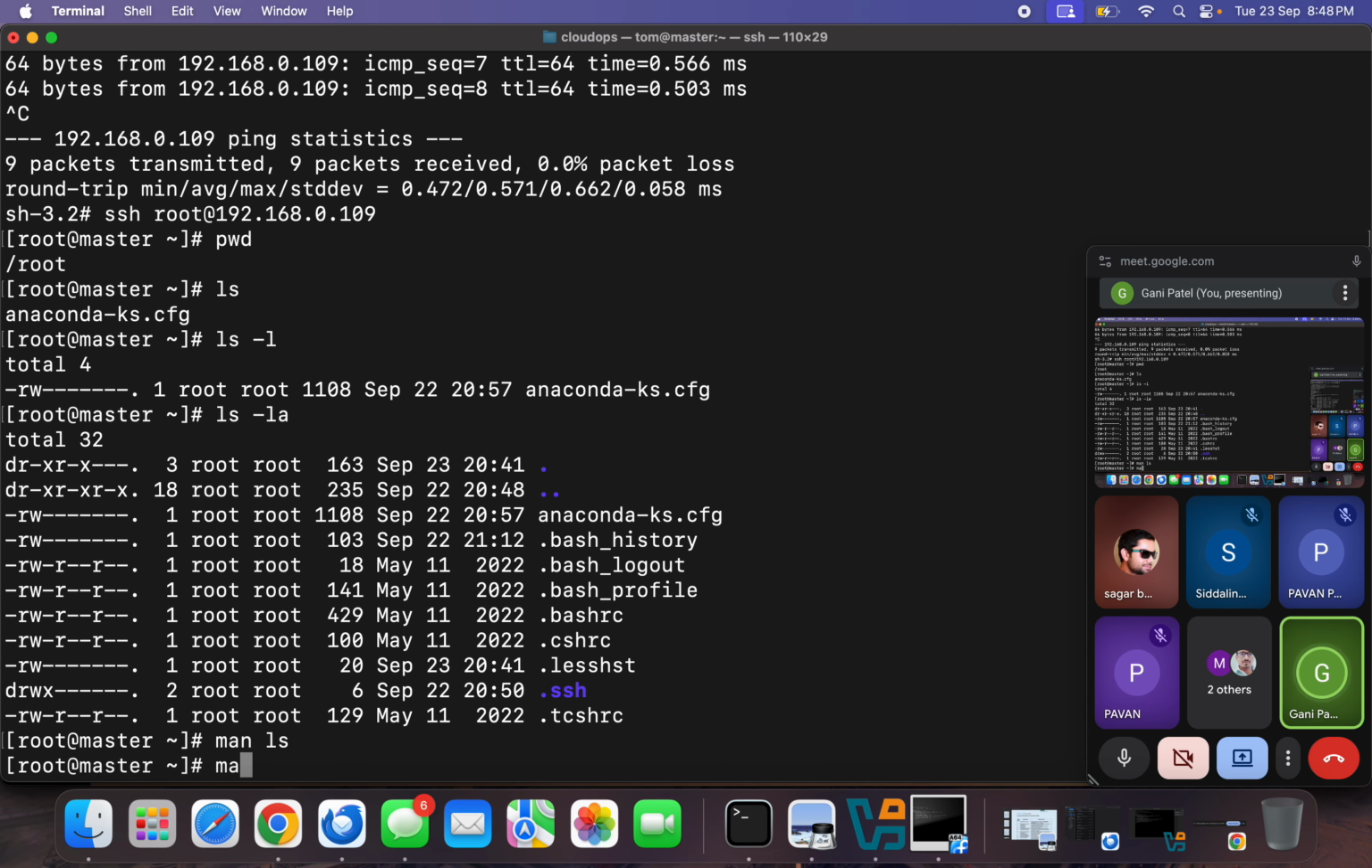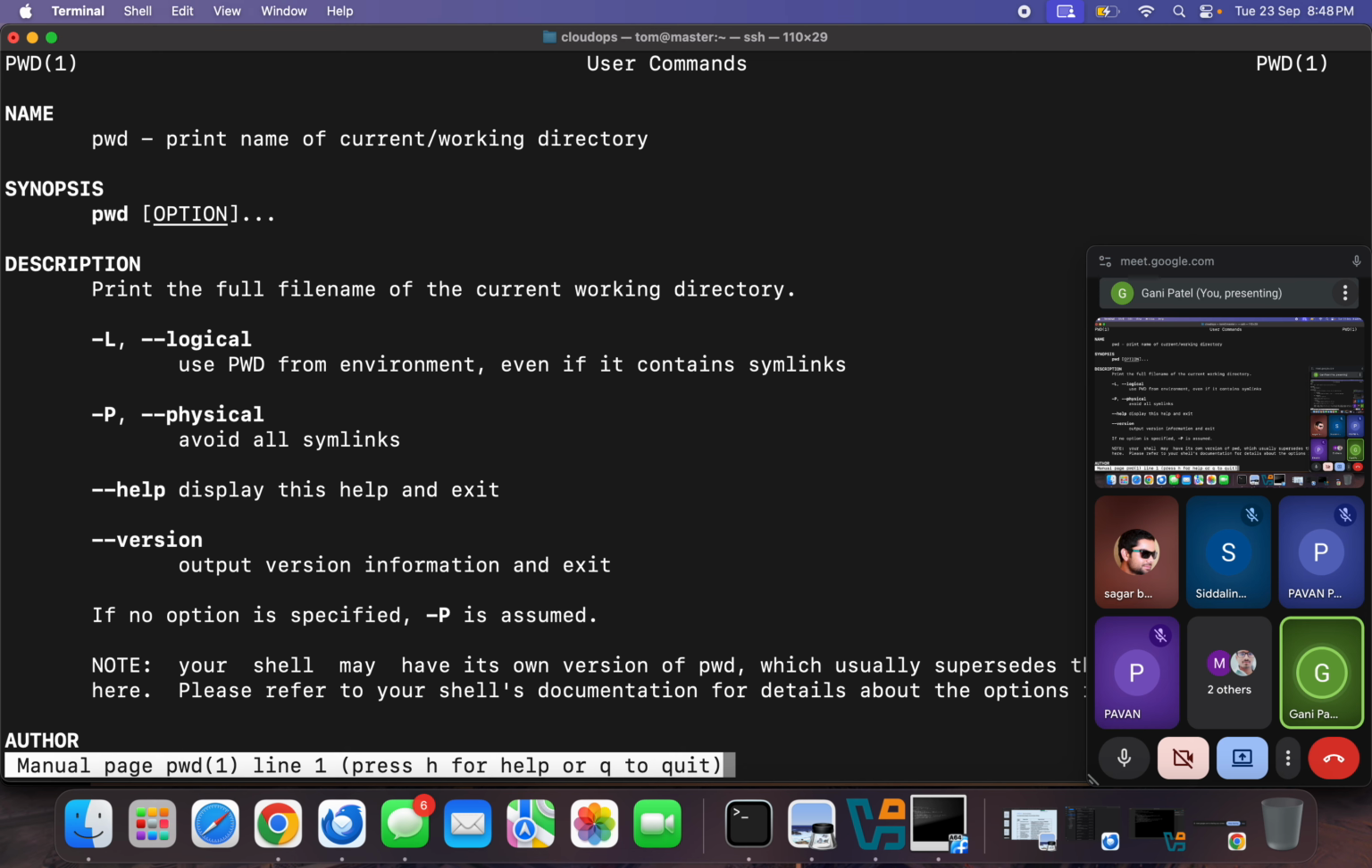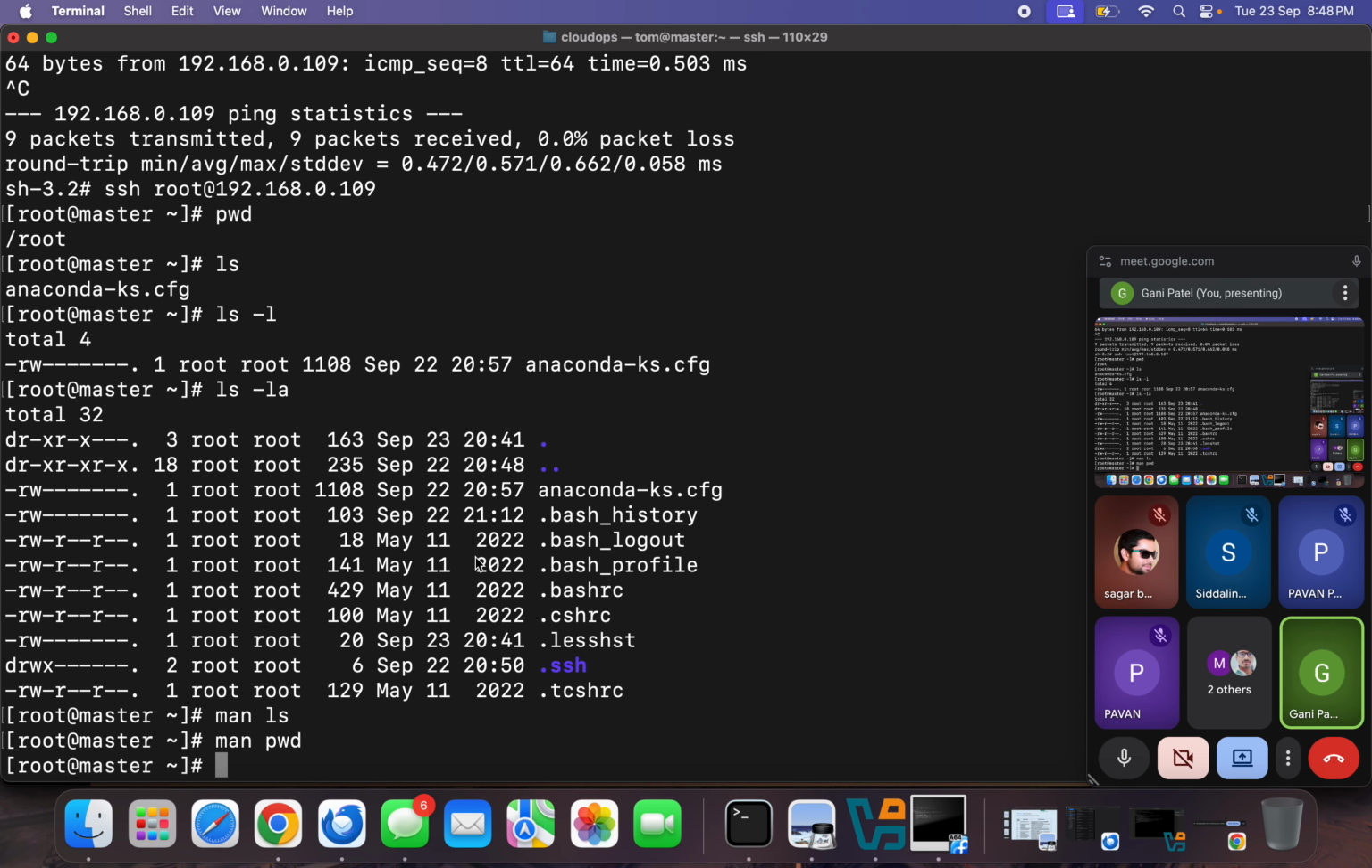Let's say I type man space pwd. What I am trying to get is the manual pages for the present working directory, the pwd command. If I press enter, then you will see all the information. Okay? So today we ran the ls command, ls -l command, ls -la command, and let me give you the history commands